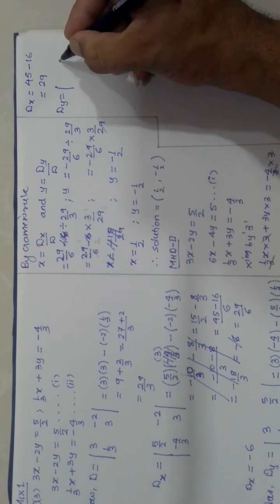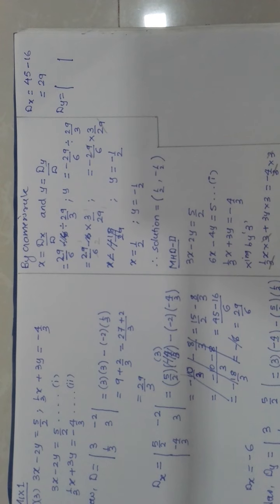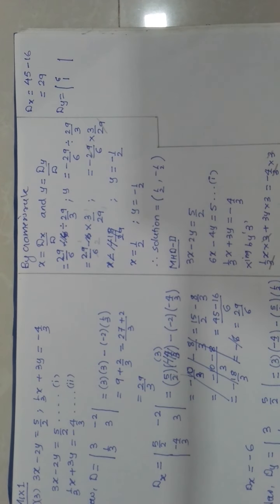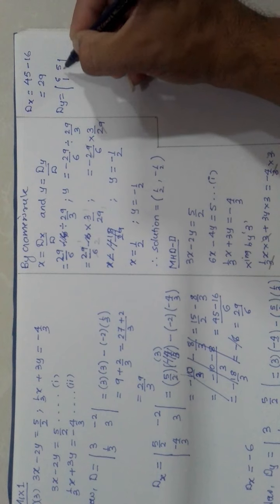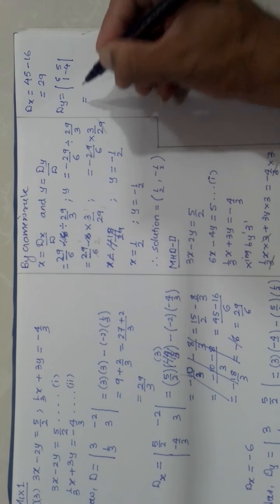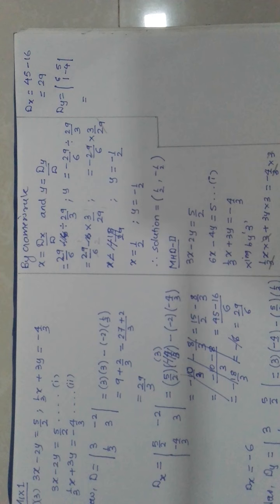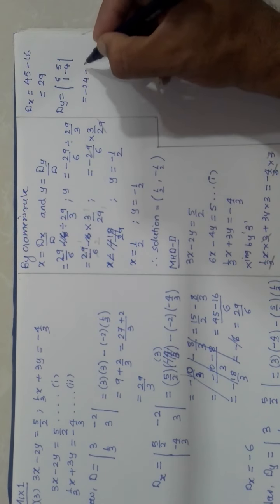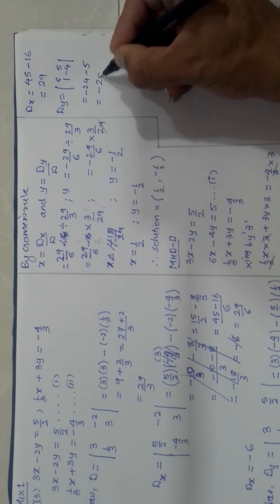dy means the coefficient of y is replaced by the constants. The D value is here 6, minus 4, 1, 9, so 6 and 1 remain as they are, and -4 and 9 are replaced by 5 and -4. So to save space I am directly multiplying. 6 4s are 24, so you get -24, and the middle sign, 5 1s are 5, which is nothing but -29.